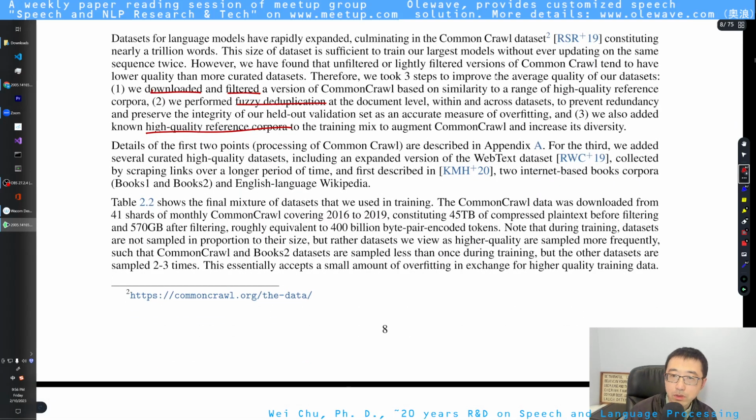Well, this is interesting. Before filtering, they have 45 terabytes of compressed plain text. But after filtering, they only have 500 gigabytes.